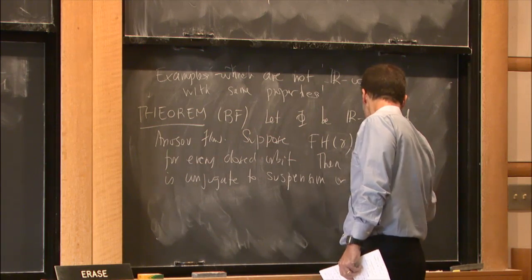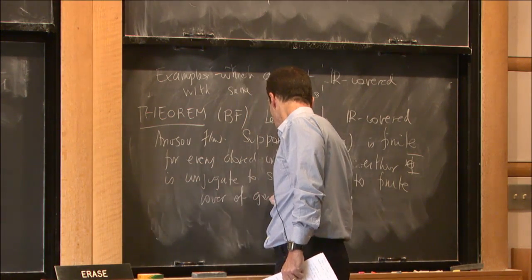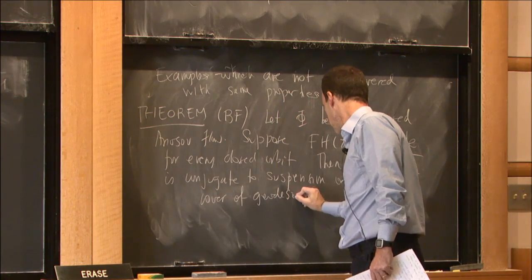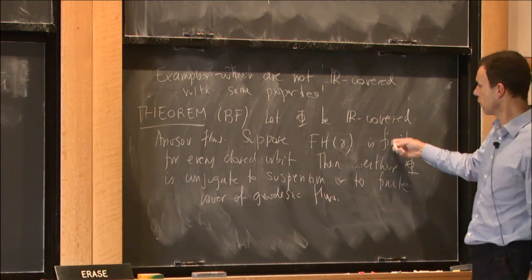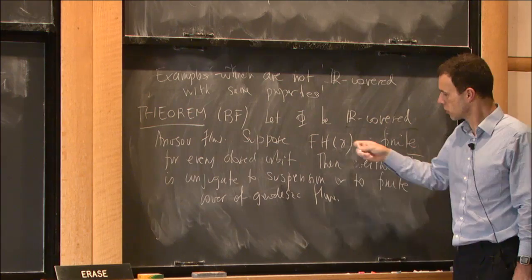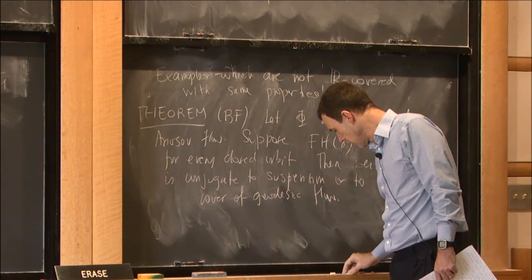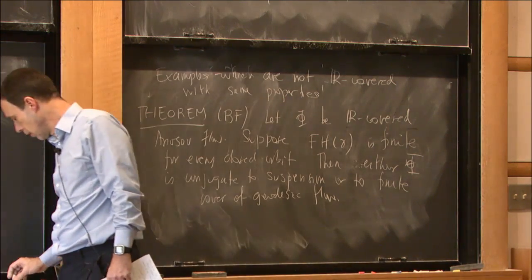So either a suspension or a finite cover of geodesic flow. Sorry, if you can unwrap the fiber. So except for these two cases, any other thing which is R-covered is going to have some classes which are infinite. All right, now let me talk about the growth inside an infinite free homotopic class,